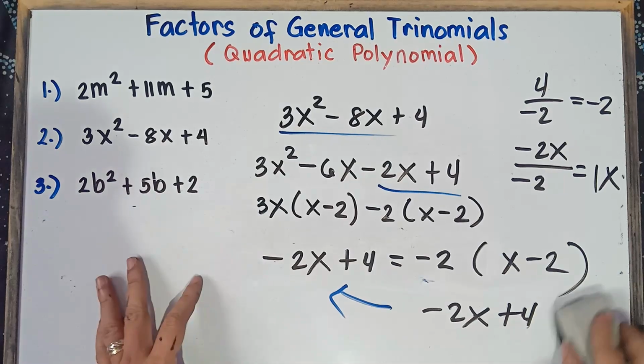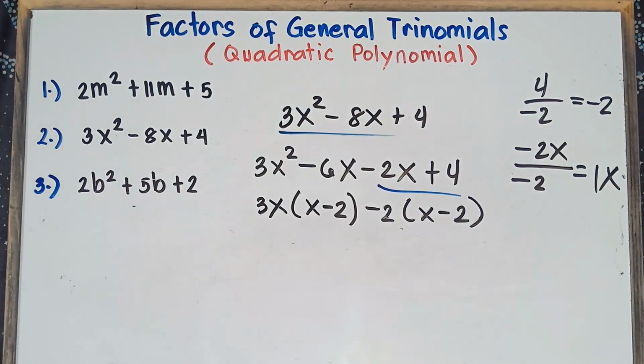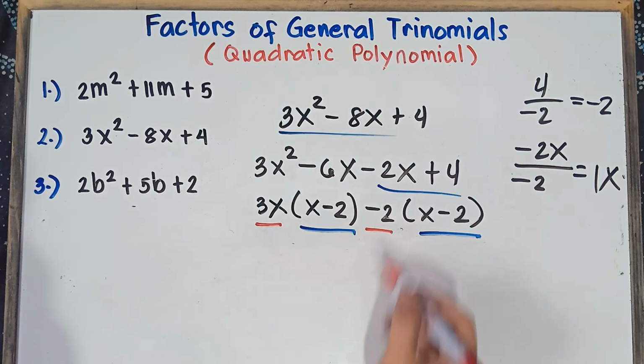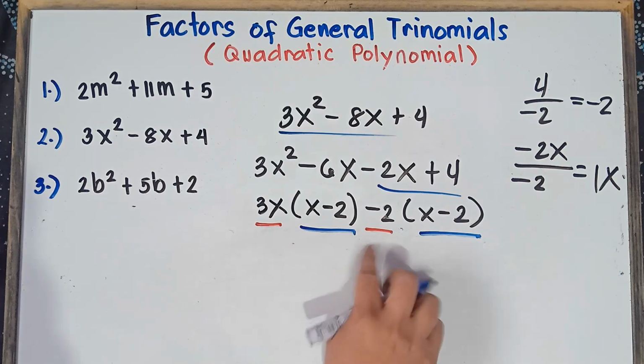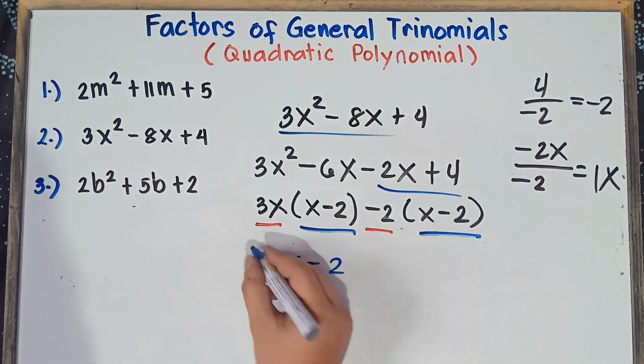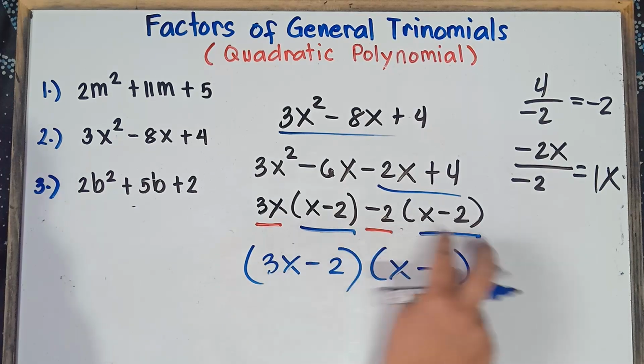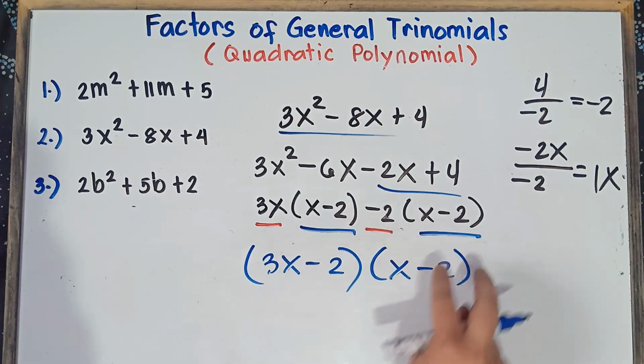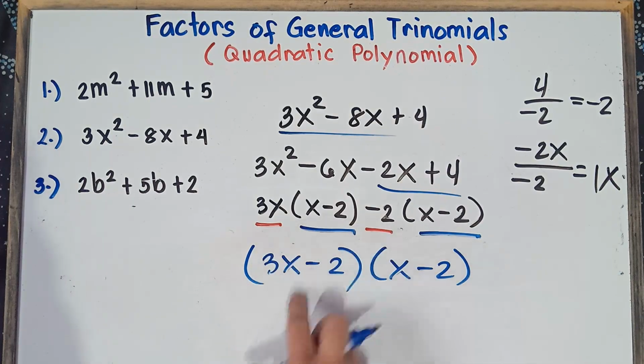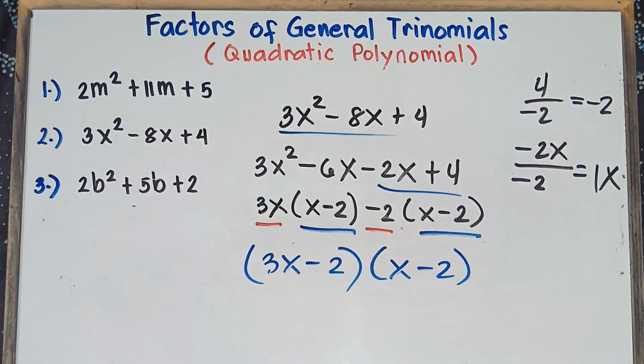Almost done, class. So check this one out, class. We have two factors that are the same, so they are counted as 1. We have x minus 2 and then x minus 2, and then we can factor this out. Simply combine this one. So our factors are 3x minus 2 and x minus 2. Once again, class, if you have two factors that are the same, they are counted as 1. All set, class, with regards to example number 2.